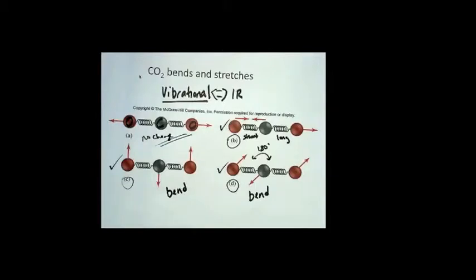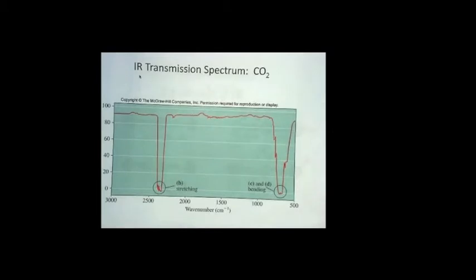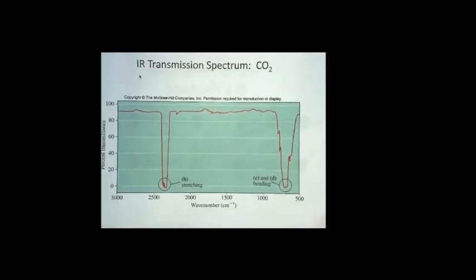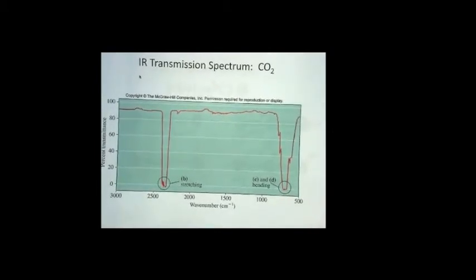Now here's an example of what's called an IR transmission spectrum for carbon dioxide. This is a spectrum which comes from a piece of equipment called an infrared spectrometer. And in this type of equipment, what you do is you have an infrared source, which is like a glowing